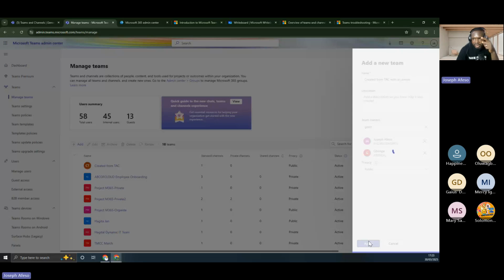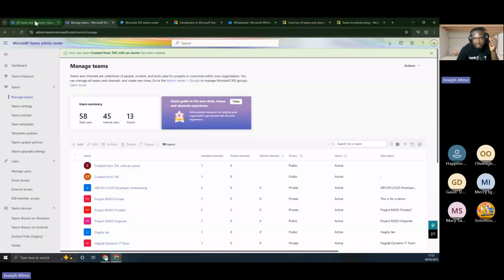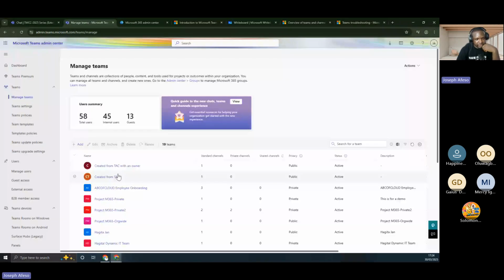What's happening here is it is creating that team, and it has created it, right? So if I check here now, just waiting for it to refresh. We called it created from TAC with an owner.